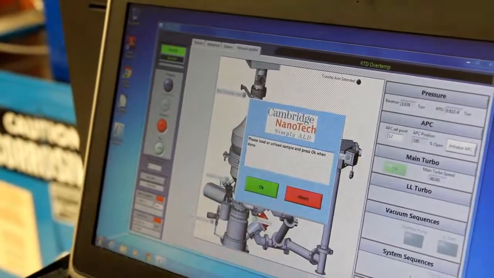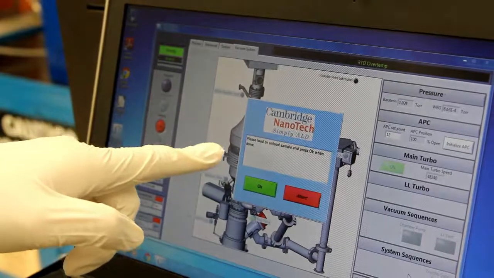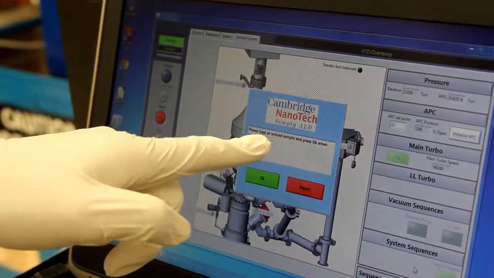Once the load lock is pumped out, a message will pop up saying please load and unload the sample.